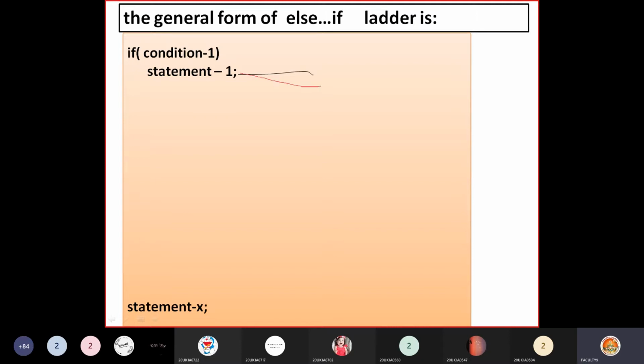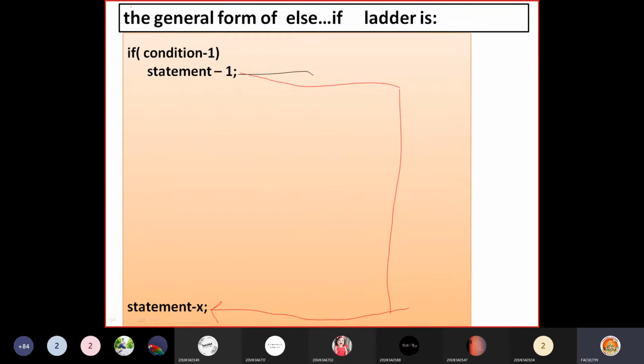Right. So from here directly it jumps to this statement X, like this. So it goes here. Now this is the case when condition 1 is true. If condition 1 is true, then statement 1 is executed, and from here directly control jumps to statement X. That means skipping remaining statements.